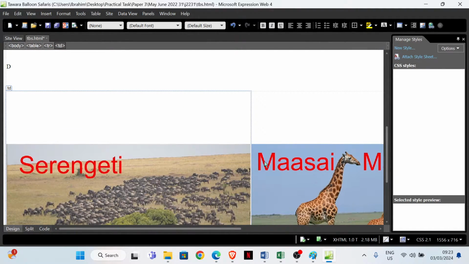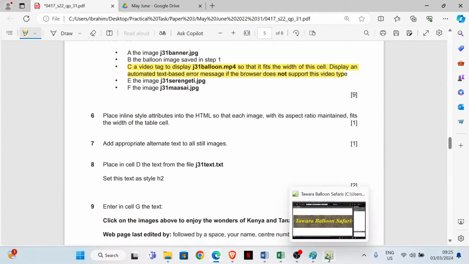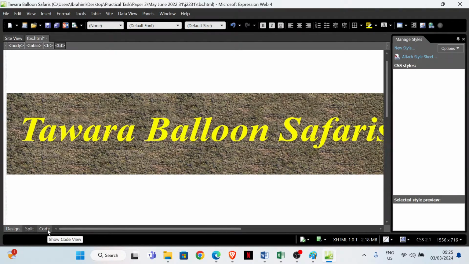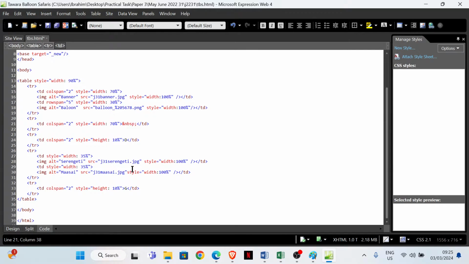So that's it. Okay, so for cell C, we need to insert a video. The video will display balloon video so that it fits the width of this cell. Display an automated text-based error message if the browser does not support this type of video. So we'll go to the code view. This is supposed to be in cell C. Okay, cell C, where is our cursor? Okay, so here,